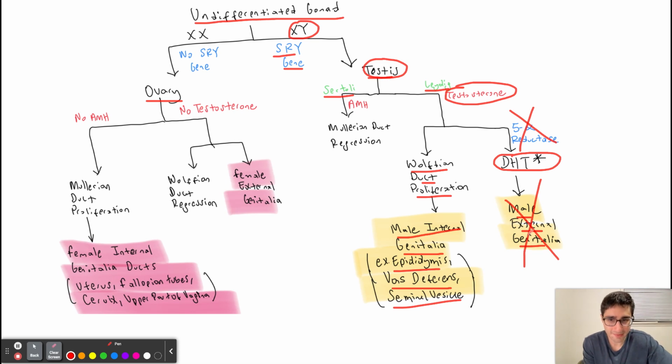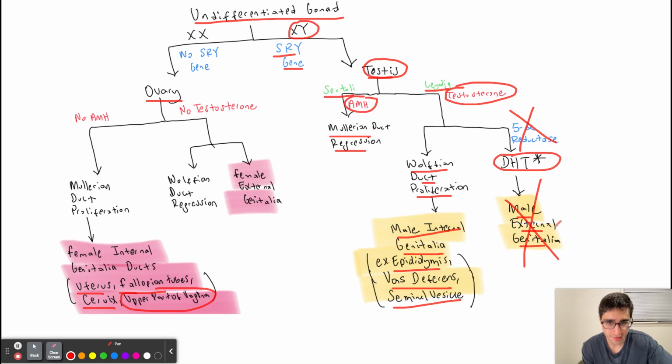Remember from the question stem that she has a blind vaginal pouch. And this is because in the testes we also have the Sertoli cells, which produce the hormone anti-Müllerian hormone. And this hormone results in Müllerian duct regression. Müllerian duct is responsible for producing the uterus, the fallopian tubes, the cervix, and the upper part of the vagina. So because she does not have